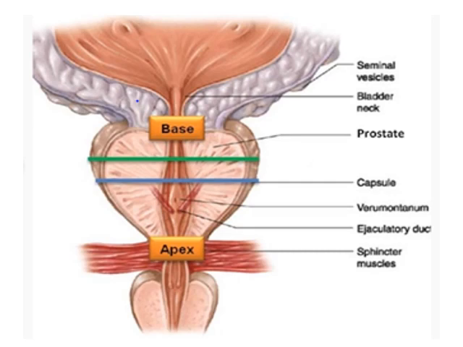This is another picture showing the prostate gland located between the urinary bladder and the penis. So we can see the urethra running through the center of the prostate. The prostate gland has a base towards the urinary bladder and it has an apex pointing down. And it has 4 surfaces: anterior surface, posterior surface and the 2 lateral surfaces.